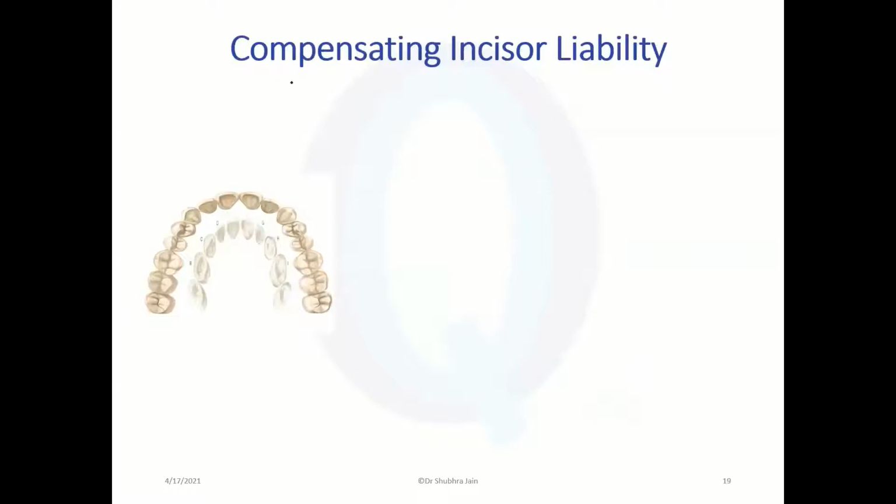We have to bring these adult teeth into the child's mouth. So there are compensating mechanisms. There are primarily 3 compensating mechanisms. The first is increase in the intercanine width. There is an increase in the intercanine width when the permanent teeth are replaced, so that there is more space for the incisors to come.